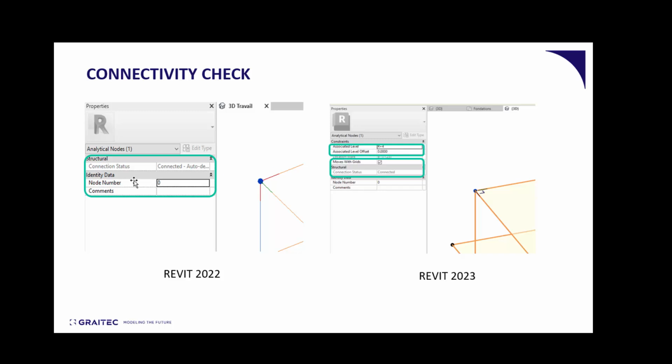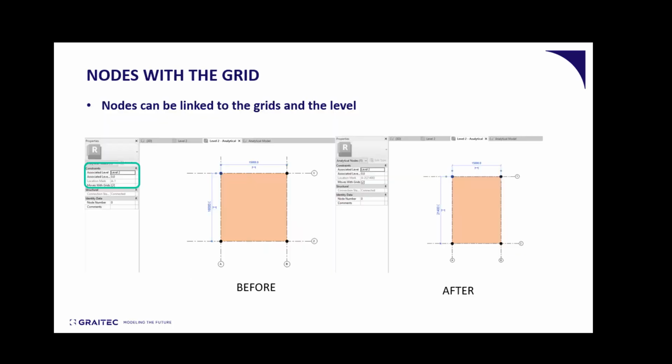offset, because if the node is not on the right level, the node will not be forced to be on this level, so it will be associated to a level, but it will conserve its offset. That is great. As I said before, it's now possible to link the nodes to the grid and to the level. And if a node is linked to the grid and we move the grid, the node will follow. So that makes the structure